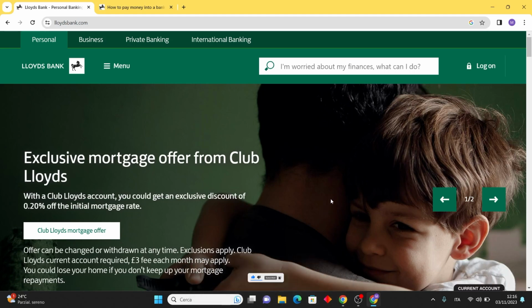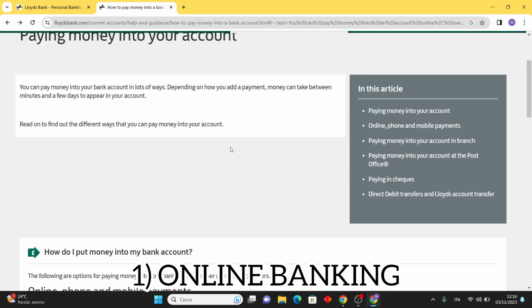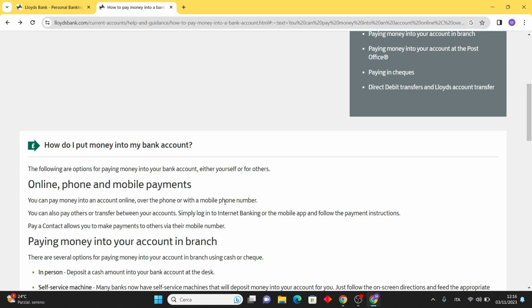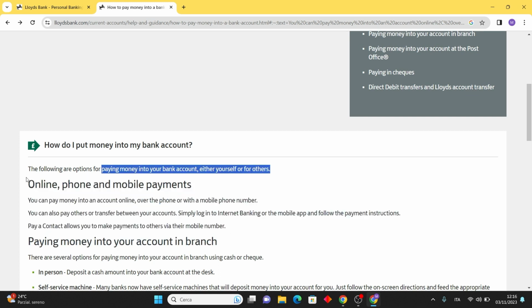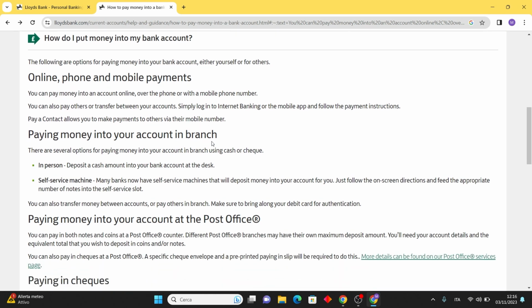So let's begin. There are different methods to add funds to your Lloyds bank account. You can do it by, first, online banking. You have the flexibility to deposit funds into an account through online, phone or mobile options. Furthermore, you can easily make payments to others or transfer money between your accounts. Just access internet banking or the mobile app and follow the provided payment guidelines. Moreover, the Pay a Contact feature enables you to send payment to a recipient using their mobile phone number, simplifying the